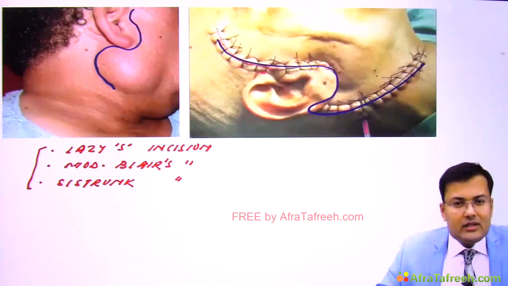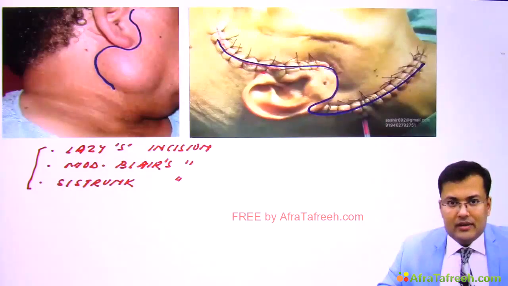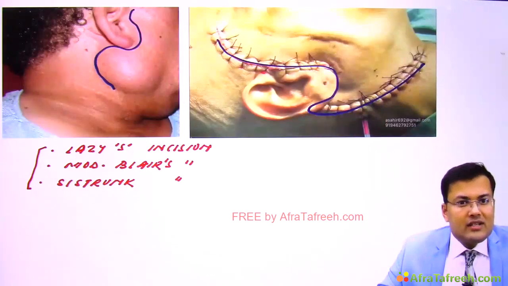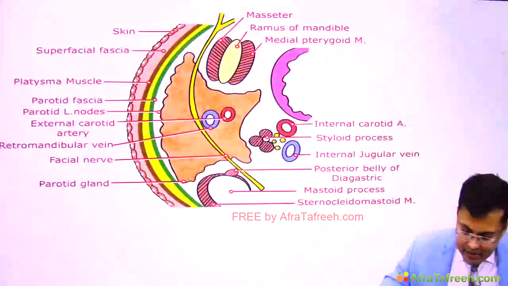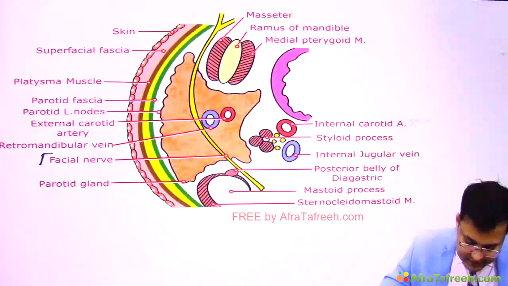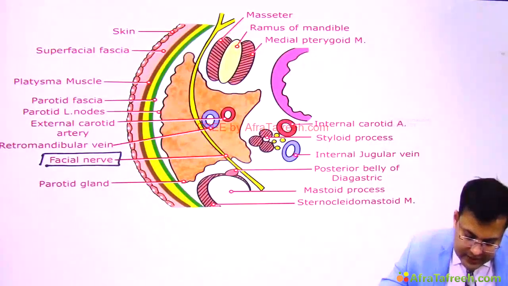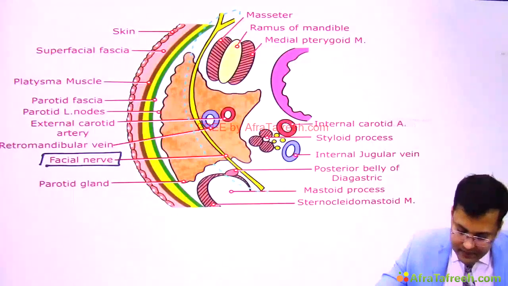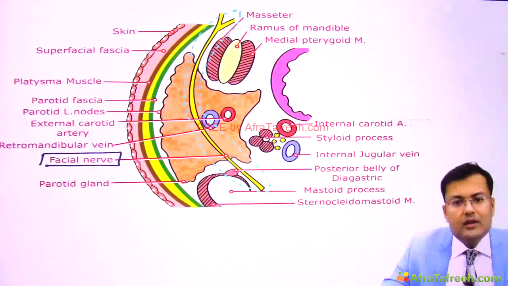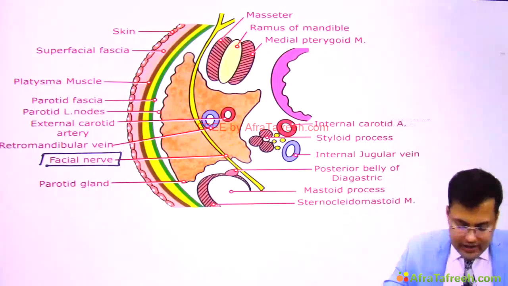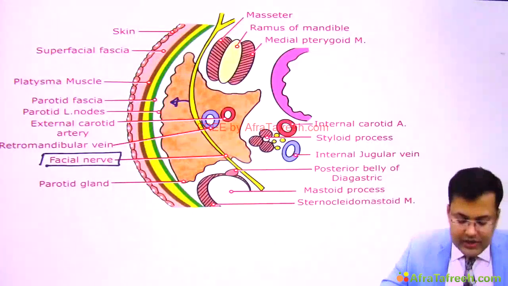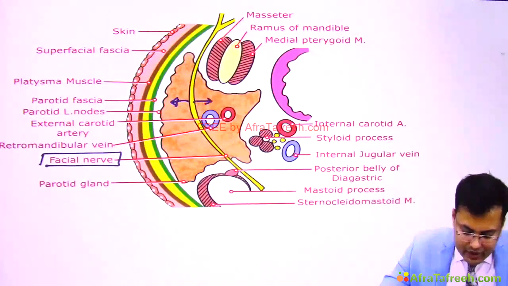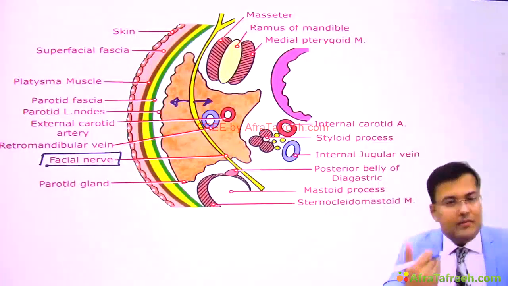Now we are going to discuss the types of parotidectomy. First of all, you have to understand the anatomy, which is very, very easy. Now in this diagram, you have to focus on the facial nerve. So what can you see? This is the facial nerve. Clear? Now see, there is some salivary tissue which is located lateral to the facial nerve, and there is salivary tissue of the parotid which is located deep or medial.